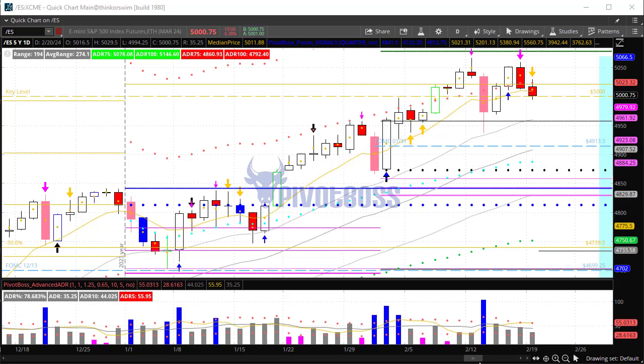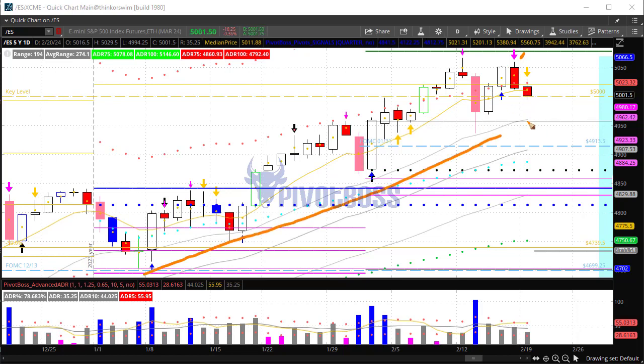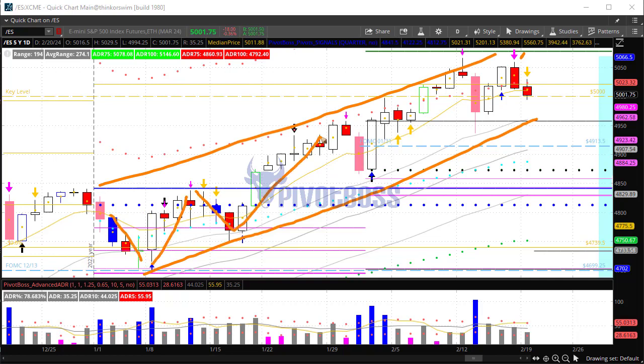Here's a look at the ES in the daily time frame right here. Currently pushing down a bit here. Friday's highs with a push down and leading to further weakness here into the RTH Open. Again, very bullish overall trend to begin the year. Very clear trending market. Each of these pullbacks here leading to new highs for the most part until just recently, where this pullback did not lead to a new high, and instead we're now trading right at 5,000 here